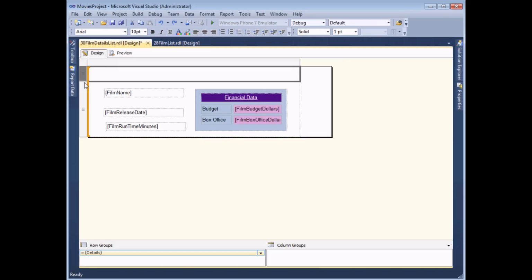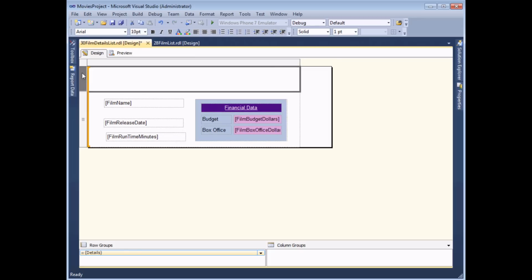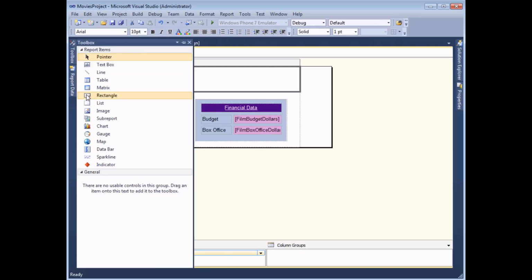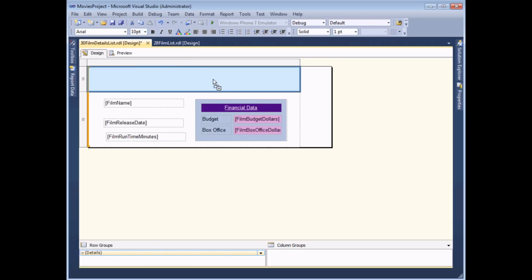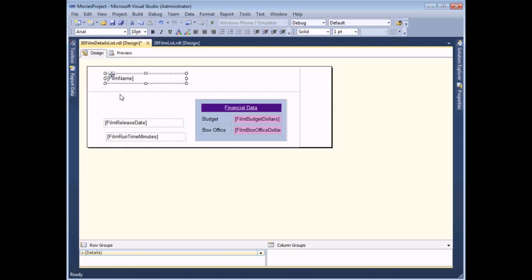I'm going to increase the height of it slightly, and then from the toolbox I'm going to drag a rectangle tool which will fill up the entire cell when I release it. This time when I drag the film name text box into the header, it can now be freely moved around. So I can drag it around, increase the width and height,